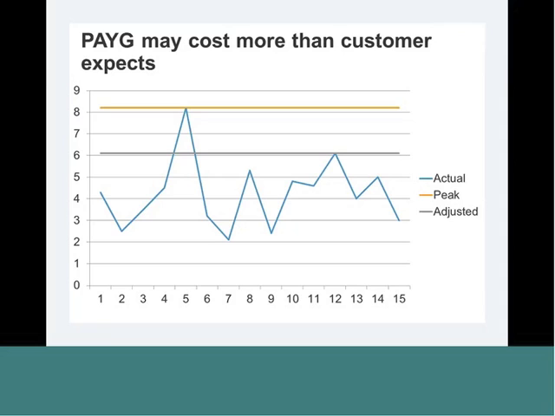Now, this is just a conceptual slide on pay-as-you-go. It's really to make the point that it can be more expensive than people expect. I think there's an assumption that, well, if I'm only paying for what I actually use, then it must be cheaper than if I pay for a service even when I'm not using it. But of course, what that forgets is that the price point is different. So if whatever you buy, if you sign a contract for a certain volume, you're going to pay a lot lower price than if you just pay by the drink. And therefore, pay-as-you-go isn't necessarily cheaper. It depends on the volatility and unpredictability of your demand.